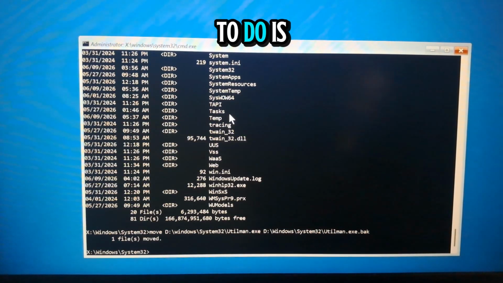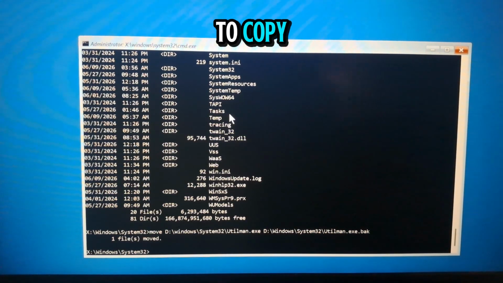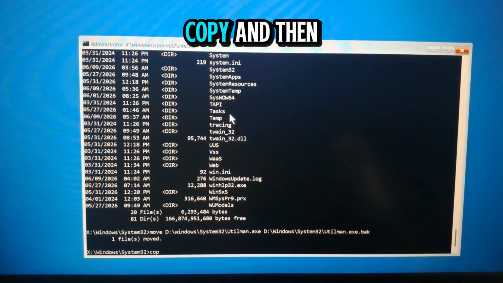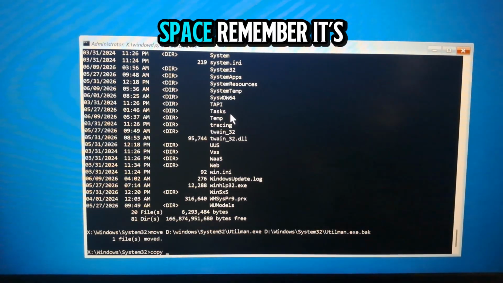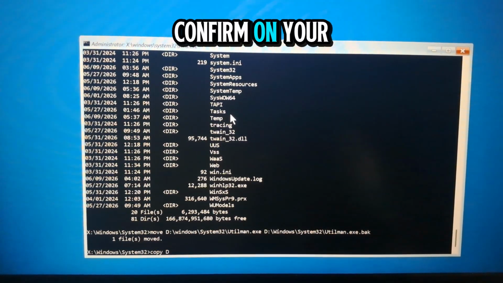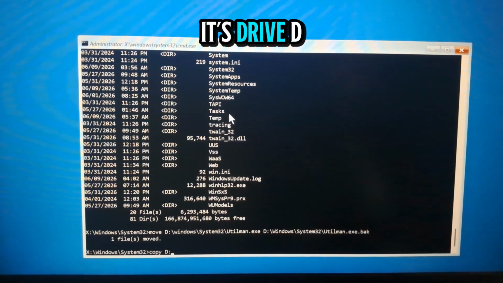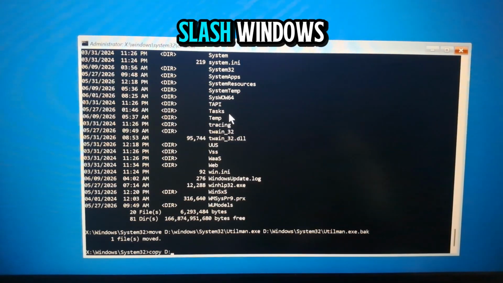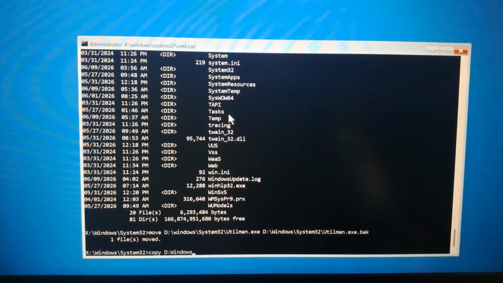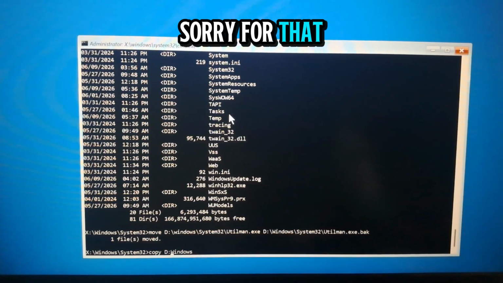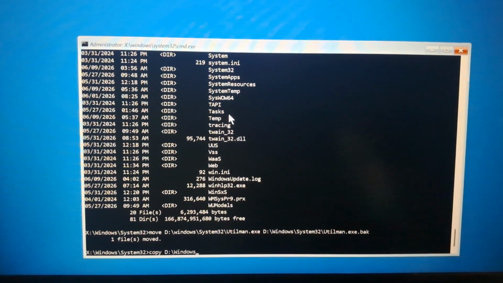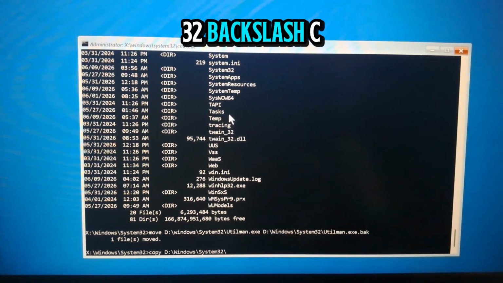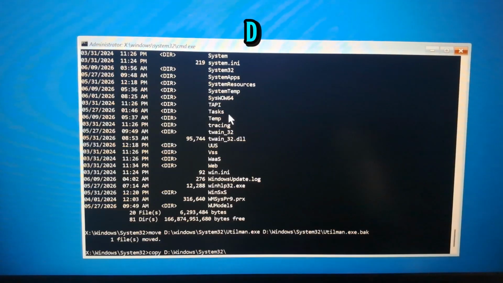So the next thing you need to do is to copy. The first time we used the command move, this time we'll be using copy, and then space. Remember, it's drive D. Make sure you confirm on your end before proceeding. It's drive D on my end, and Windows\System32\ backward slash Windows. I omitted the backward slash over there. I'm sorry for that. There, and then another backward slash and System32 backward slash cmd. Yeah, we want to copy that cmd.exe